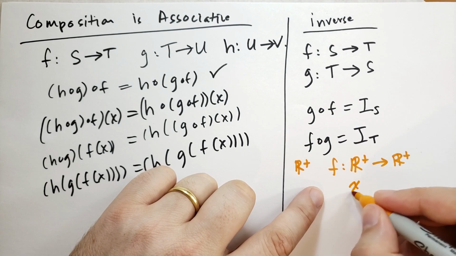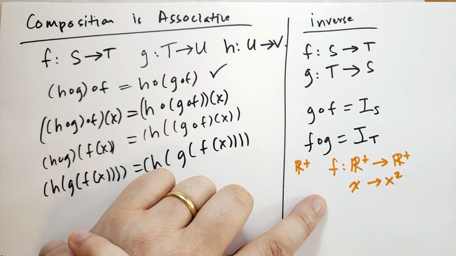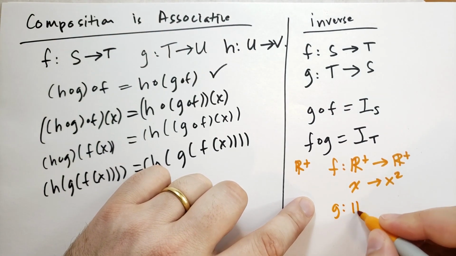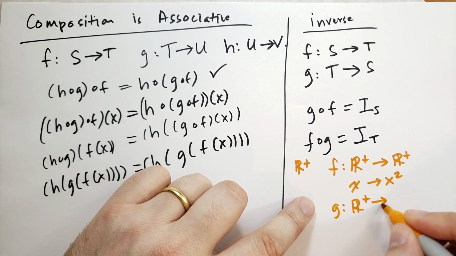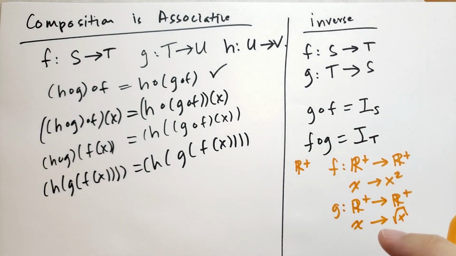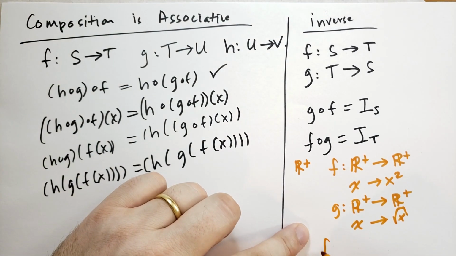So it's going to take X and turn that into X squared, okay? F has an inverse function, namely the square root, so G will take any positive real number and map that to a positive real number, such that G of X is going to give you the square root of X, okay? So when we take these two functions and apply them together,